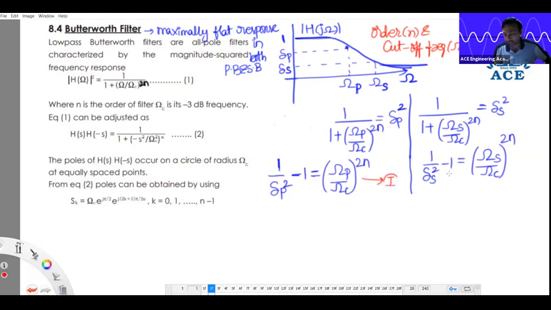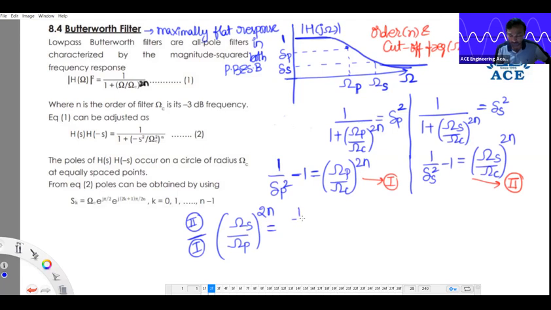Assume this as equation 1, this as equation 2. Listen, 2 divided by 1. If I perform division of the equations, what are you left with? (Ωs by Ωp) whole power 2n equals, on the right side, (1 by δs squared minus 1) divided by (1 by δp squared minus 1). If I apply logarithm on both sides,